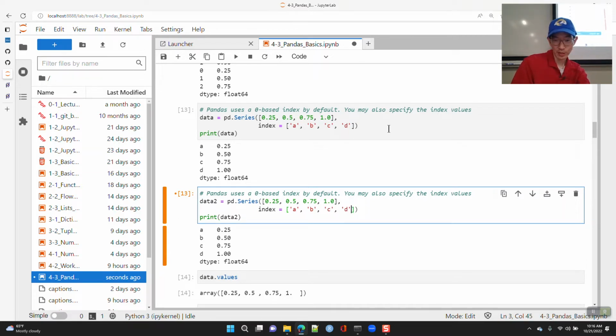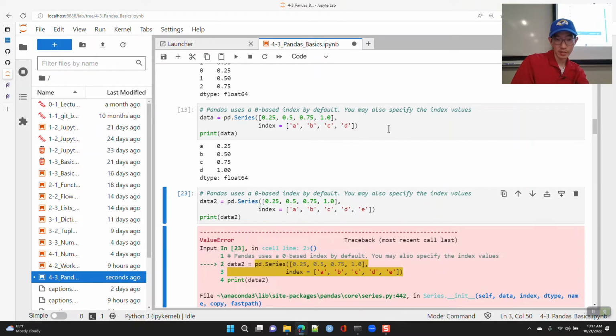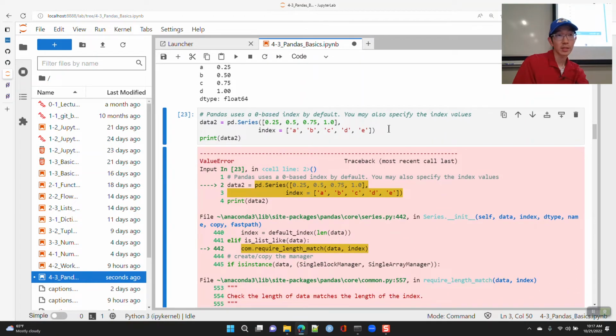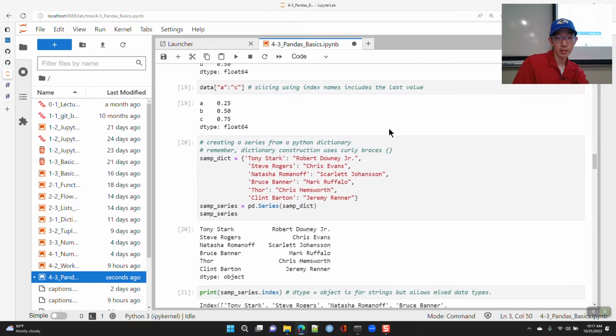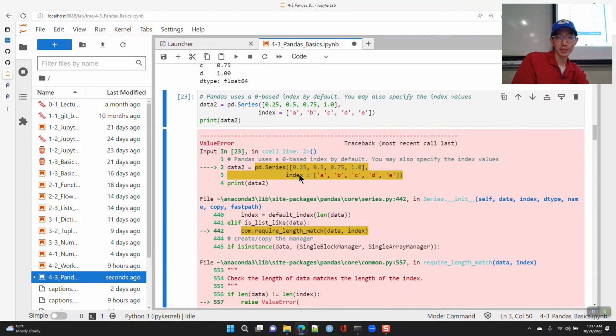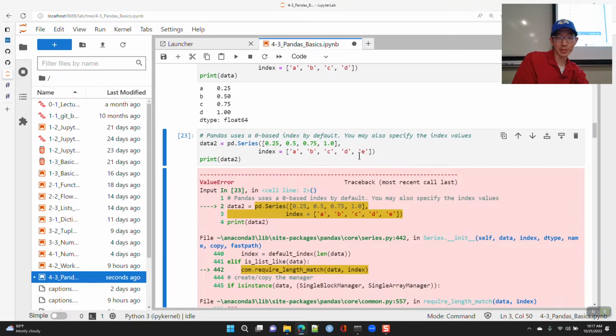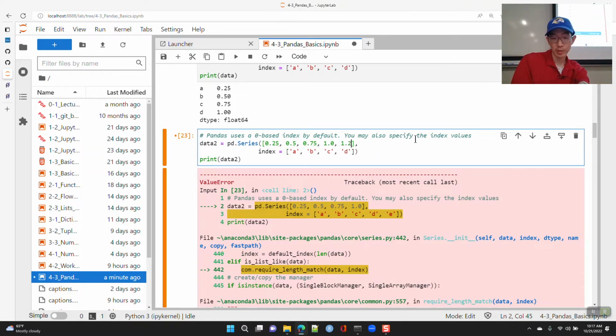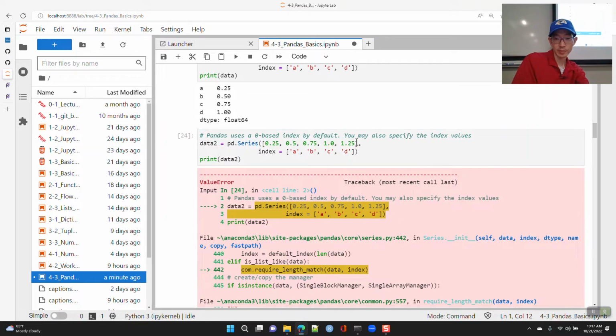What if I specify an extra index value when defining the sample series, what if you specify the index to be something longer? Okay, so if you have a mismatch between the series values length and the index length, you get an error, and I think the opposite is also true.